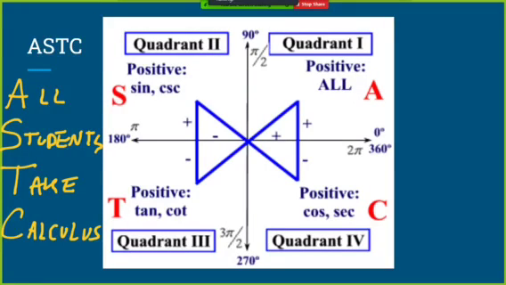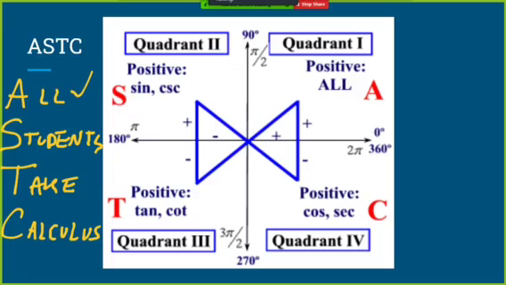Okay, in the previous video I showed you how to evaluate trig functions by drawing pictures, and it's good to do that when you're first starting out to really understand the different definitions of sine, cosine, and tangent, and so on. But now we're going to learn some shortcuts because you want to save time when you're doing these. So there's a little acronym, ASTC. You see it in every trig textbook, and you can remember it by thinking "all students take calculus,"